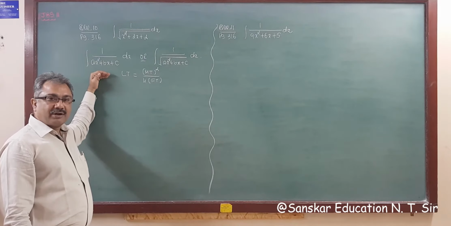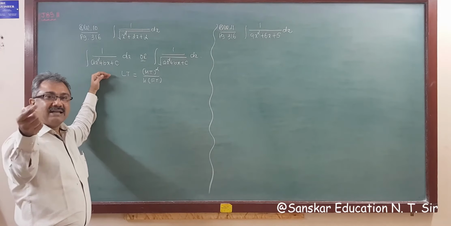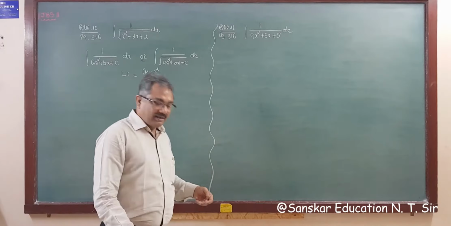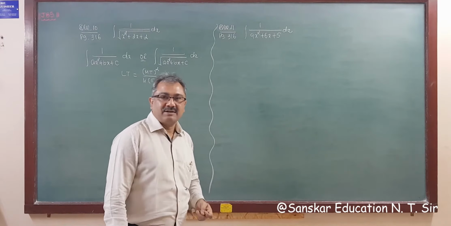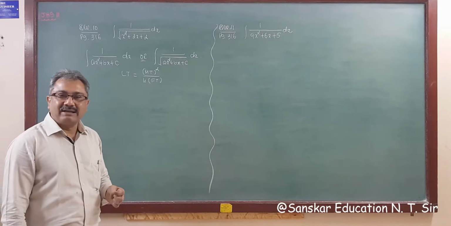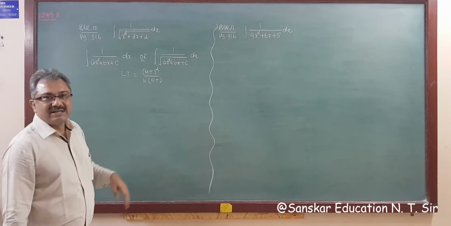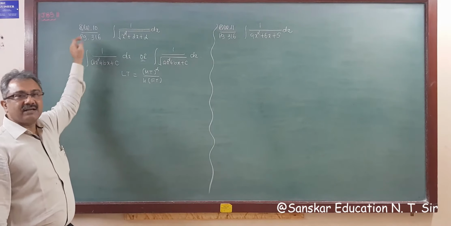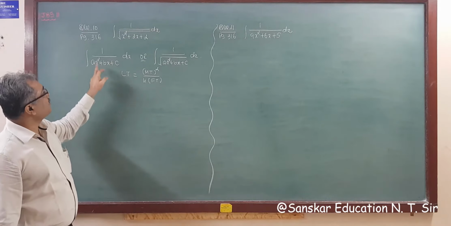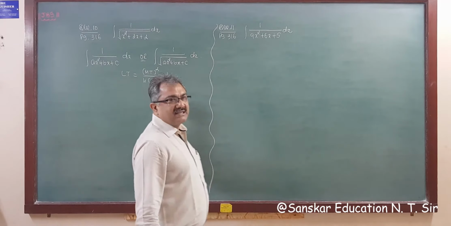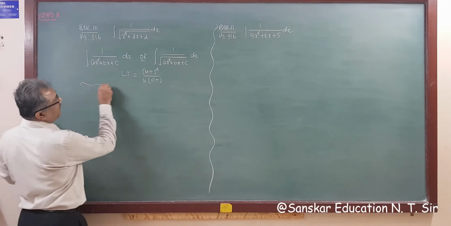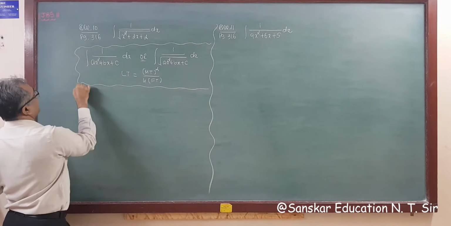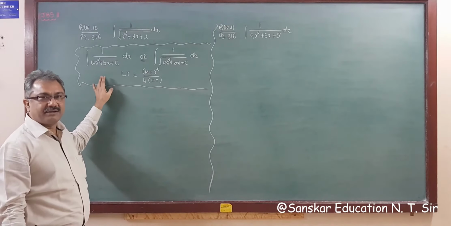If there is a quadratic form in the denominator but in the numerator there is a linear term, then you have to find out the constant m and then integrate the given function, right? Either you can adjust directly, as I showed you in our previous lecture. So it is important which type of question is given. This question is of this type, and similarly this is also this type of question, right? So we have to first find out the last term, because we are going to apply this formula. This is your concept hint.